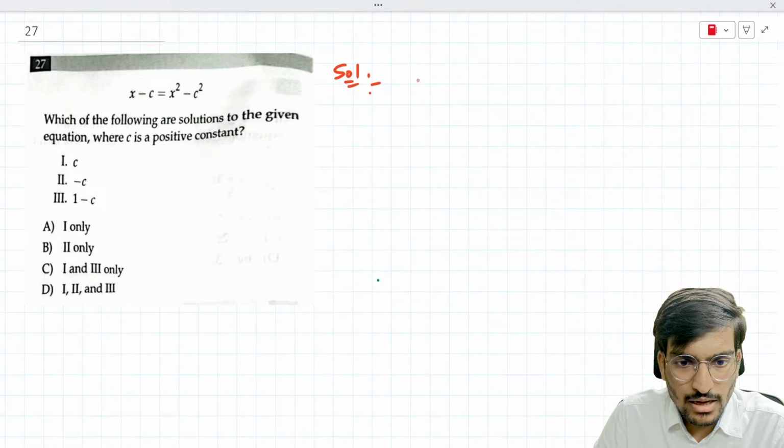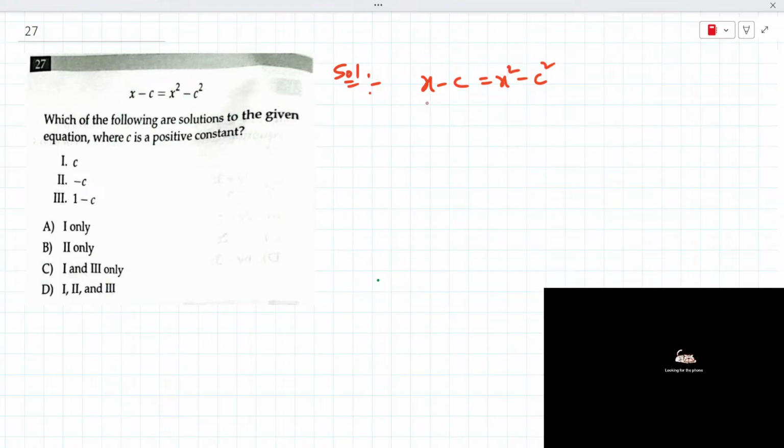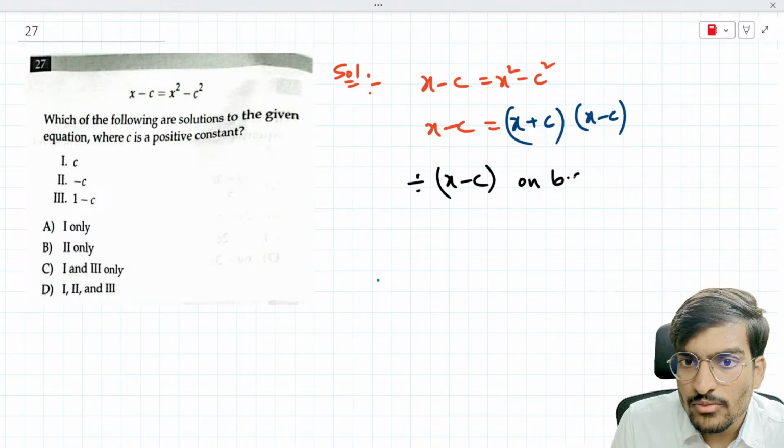So here, let me solve this question. x minus c equals x square minus c square. Which of the following are solutions to the given equation? Out of these three, which are the solutions? So how do we solve this? x square minus c square is in the form of a square minus b square, which is a plus b and a minus b. According to what we learned, we divide by x minus c on both sides. Whenever we divide by x minus c on both sides, we